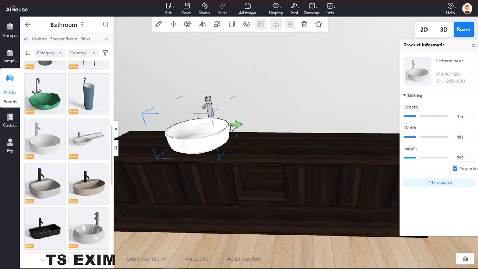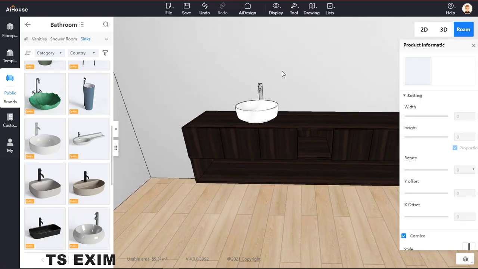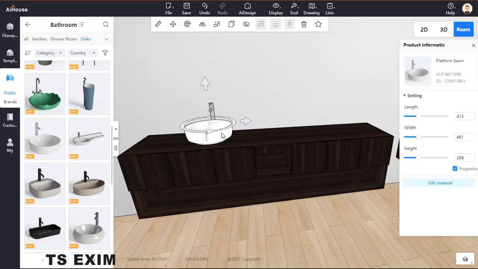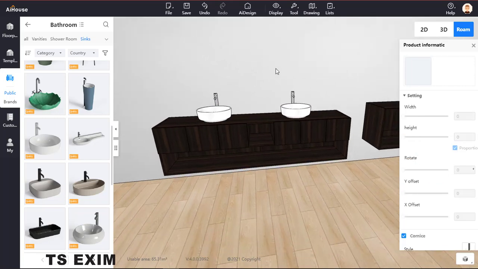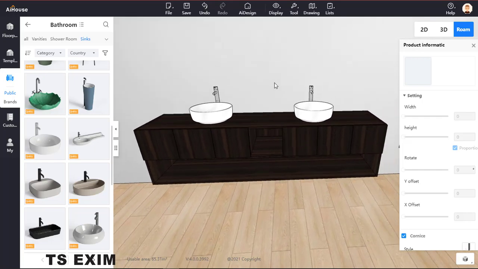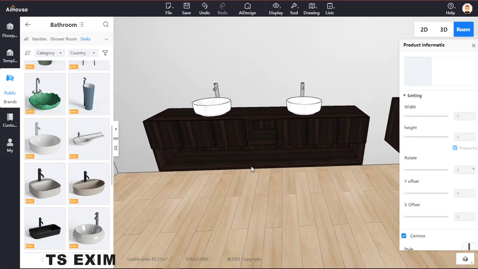So you move it, hold control, move it. In case you want perfect, hold control, move it. Then control and shift, copy one, move it. Okay, ta-da! So your sink cabinet